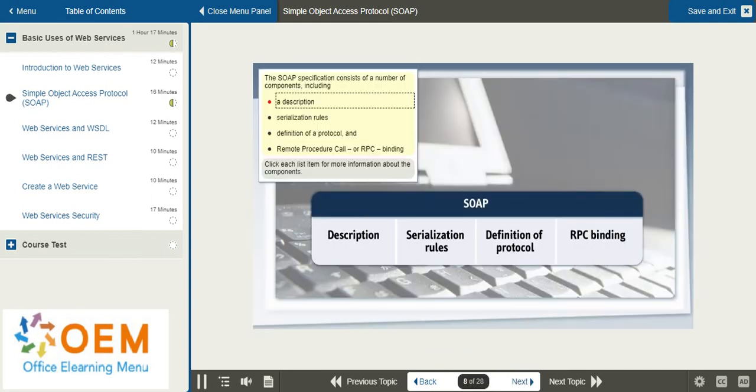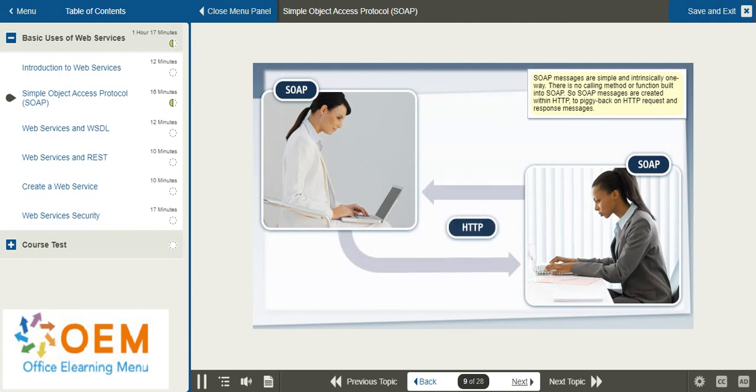The SOAP specification consists of a number of components, including a description, serialization rules, definition of a protocol, and remote procedure call, or RPC, binding. SOAP messages are simple and intrinsically one-way. There is no calling method or function built into SOAP. So SOAP messages are created within HTTP